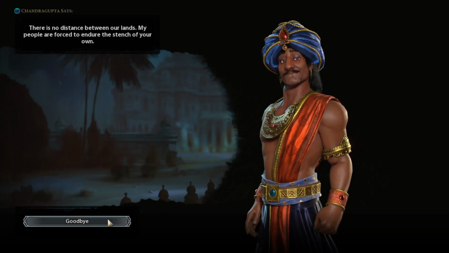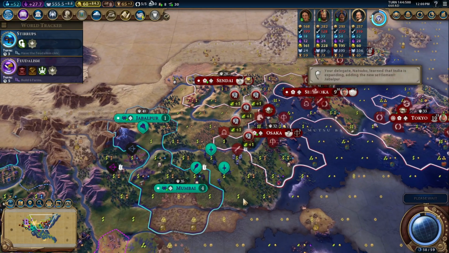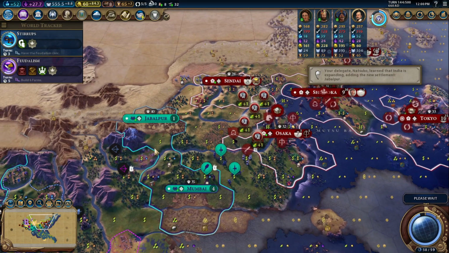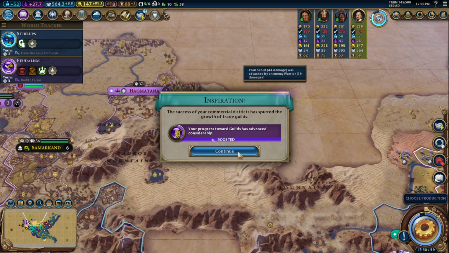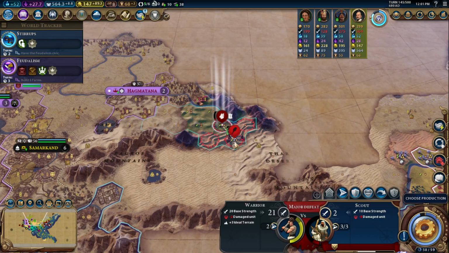Yeah, well, that's your fault, buddy. You're the one that's been settling towards me, not the other way around. Yeah, these 2 cities, I hope you're not attached to them. I'm just saying. Okay, so my scout is dead. Do I care? Is the question. No, let's just...